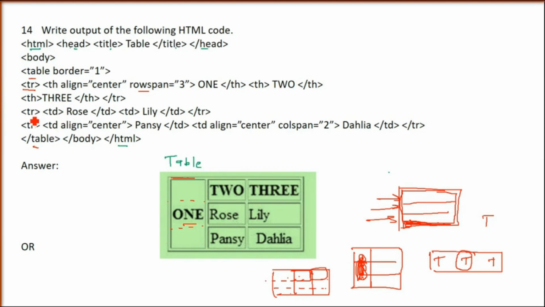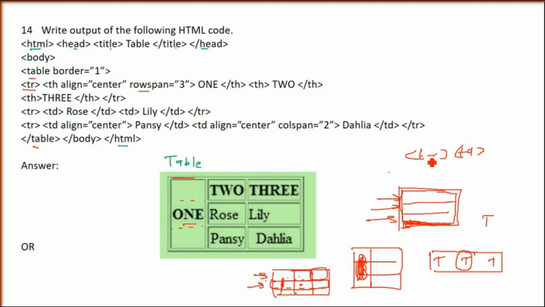Okay. Now we have TR, this TR again for the second row. 1 row we have covered. First we have given 3 rows, second we have given the first row only, second, third. Coming to the second row. In this second row, again we have to put TD. Now this first column has already been taken, so we cannot have Rose in the first column. We are forced to start it from the second column.